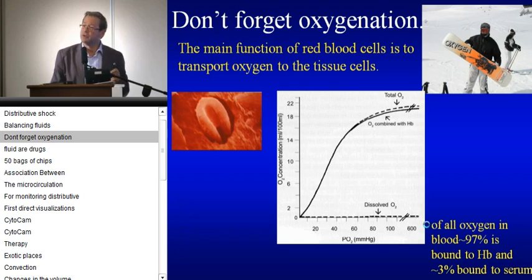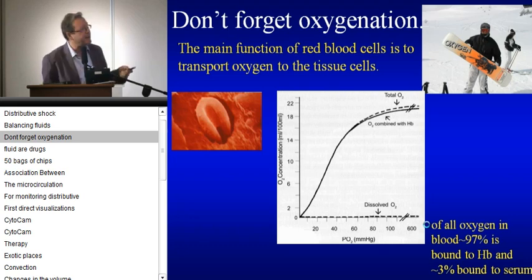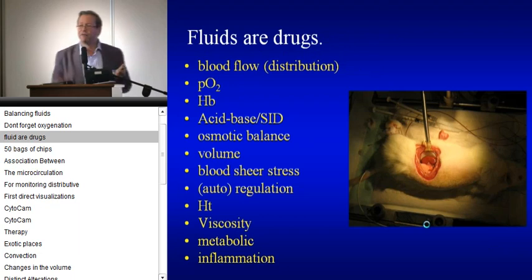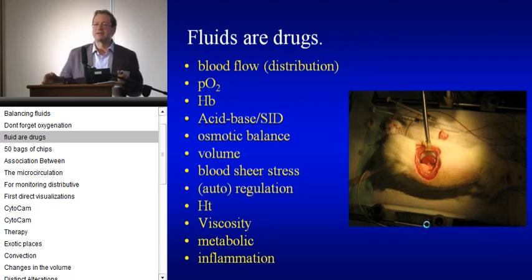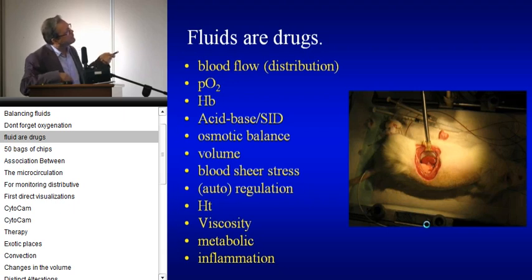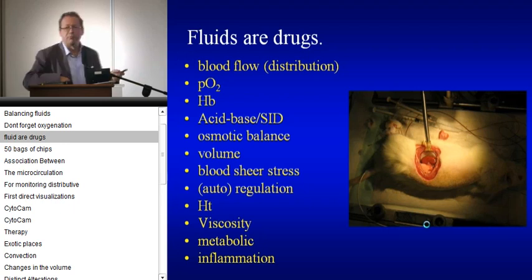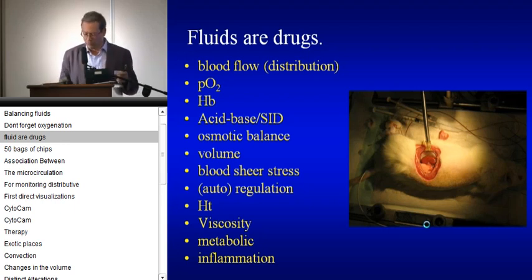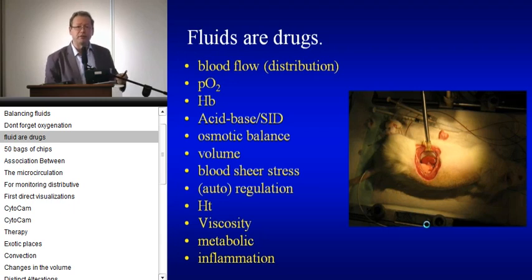Blood is good, certainly the blood that we have in Northern Europe these days. But that's another story. And fluids are drugs. They're like steroids. They're like insulin. They do some good, but they do so much bad. All the physiological signals that we need to cause autoregulation disappear. PO2 goes down, hemoglobin goes down. Paul Elbers will tell us that SID changes, osmotic balance, volume, and then I'm not even talking about the metabolic and inflammatory. You get this all together as one big soup when you decide to give fluids to your poor